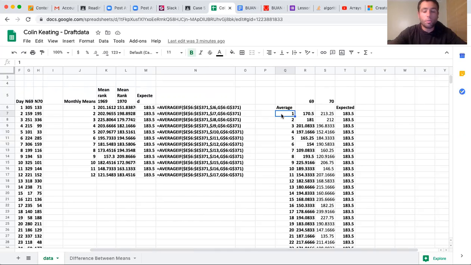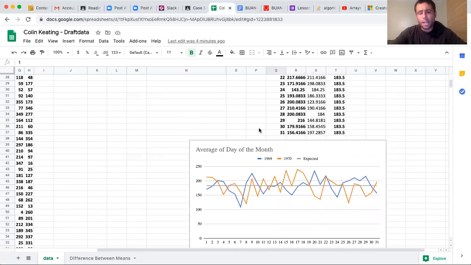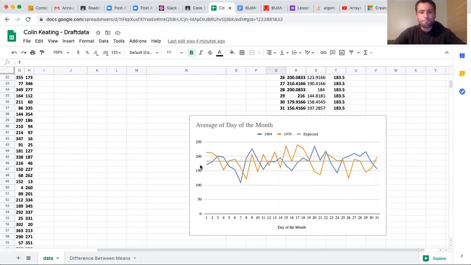What I mean by that is, for the first, I took all the values of the first of the month: January 1st, February 1st, March 1st, and so on, from both 1969 and 1970. And I wanted to compare it to the second, third, so January 2nd, January 3rd, February 2nd, March 2nd, and so on. And through this data, I was able to graph it,